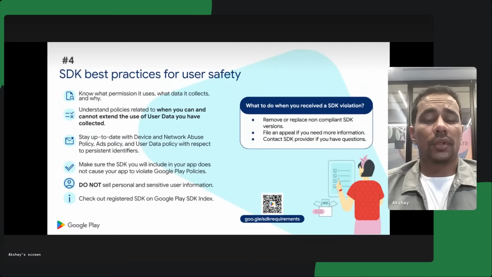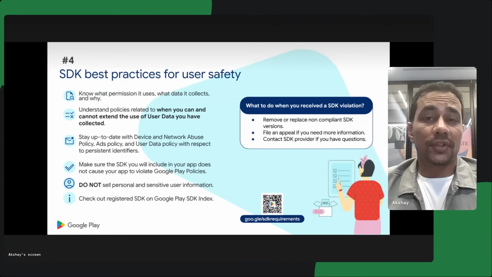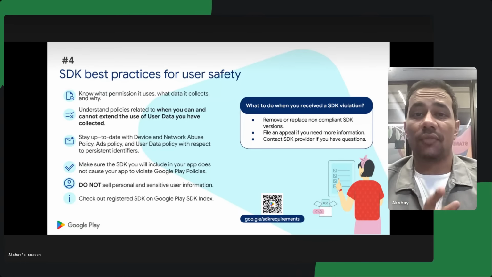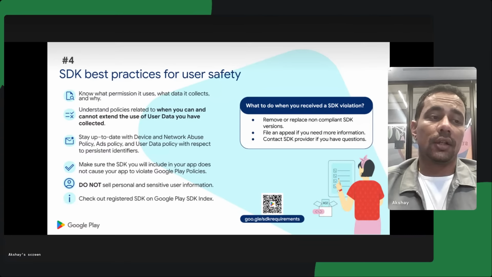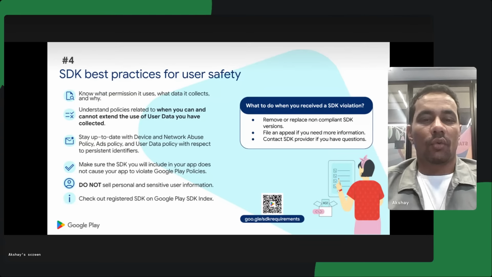The fourth tip that we have is around SDKs and best practices for using those SDKs. So, given the high scope of customization, or the propensity for customization that we have currently going on the Play Store, SDKs are something that you will eventually use quite a lot of, right? So there is a lot of content on this slide. I don't want to focus too much on it, but there are a few key points which you should be